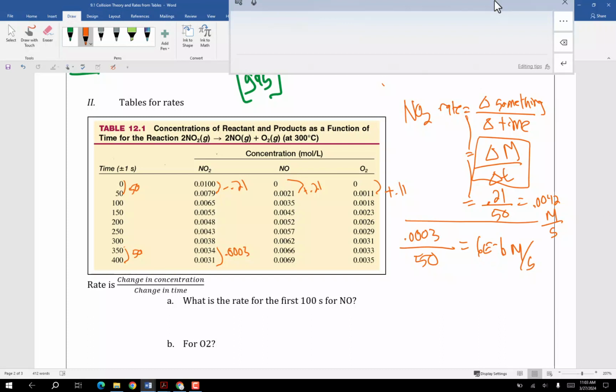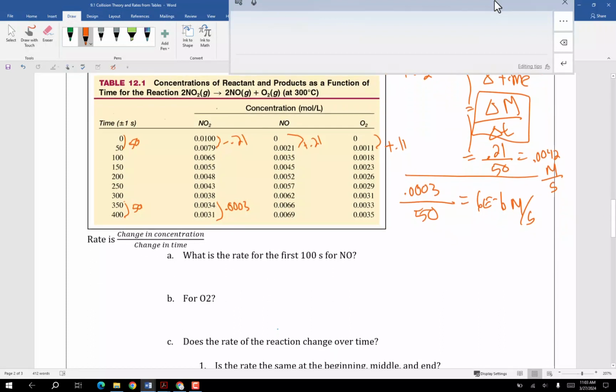All right? So let's do just some sample problems. That's the idea behind it. We've got the change in molarity over change in time. Okay? So let's take a look and do some sample problems. What's the rate for the first 100 seconds for NO? So there's 50, there's 100. So it's going to be change in molarity over change in time, which is going to be 0.0035. Notice how from 0 to 0.0035 over 100. Dividing by 100 moves the decimal 2 spots. 0.000035